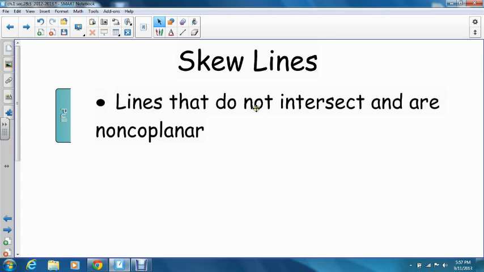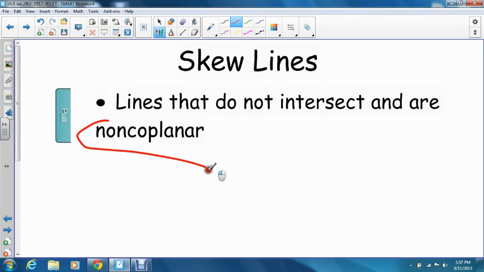Skew lines are lines that do not intersect, so they're very similar to parallel, but they are non-coplanar. That's a big key word right here, non-coplanar. And all that non-coplanar means is that they're not on the same plane. That's it. They are two lines that never touch, but are on different